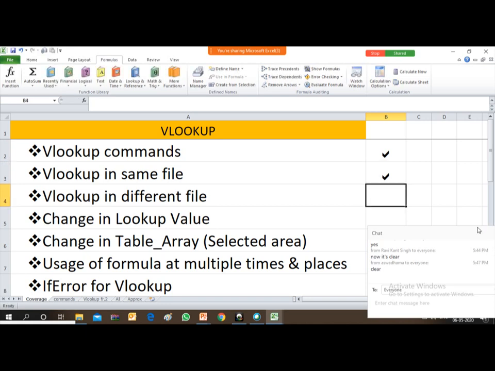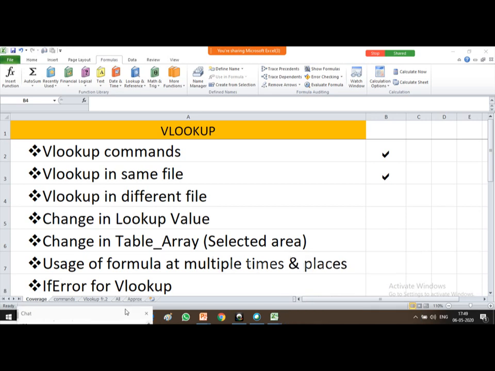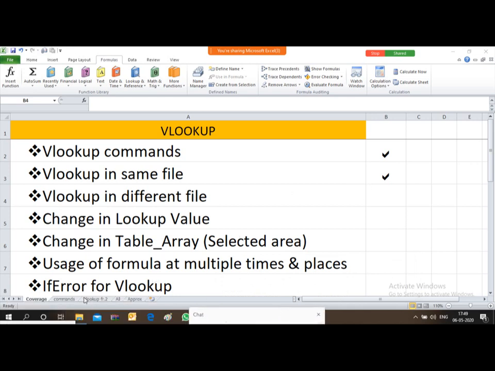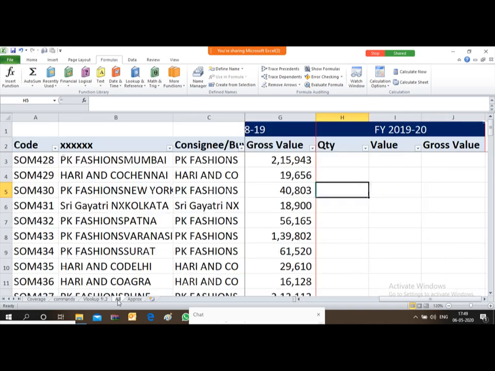So this we have already covered. Now VLOOKUP from a different file. Come to this sheet.